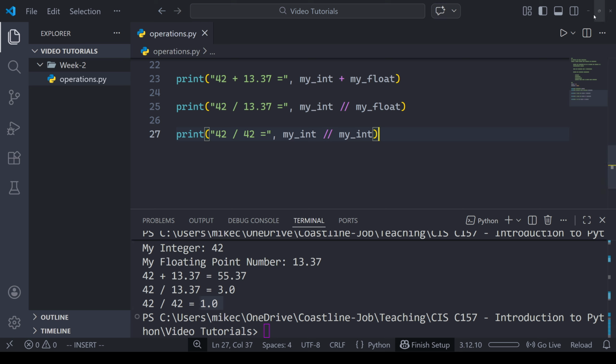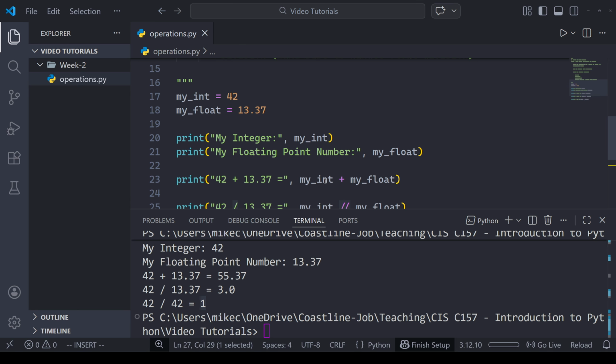But when we're only working with integers, if I run this one more time, you'll see that floor division takes away the floating point conversion. So this might be useful to you if you're doing division with integers and you don't want a decimal to be displayed, even if it's not rounding anything. If you just want an integer to be printed, not a float, you can use this floor division when dealing with only integers.